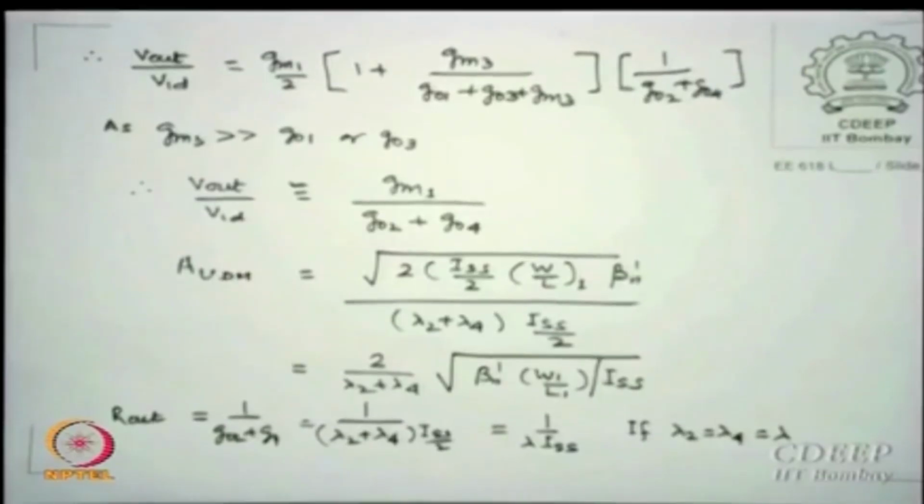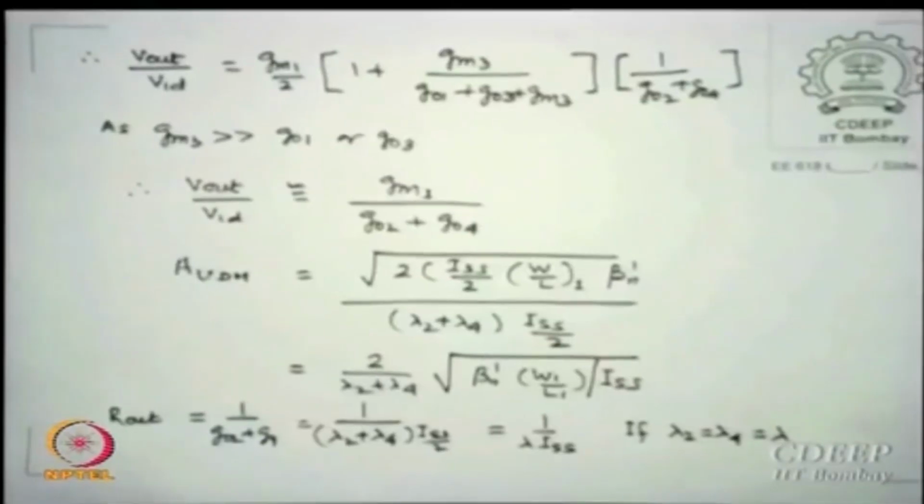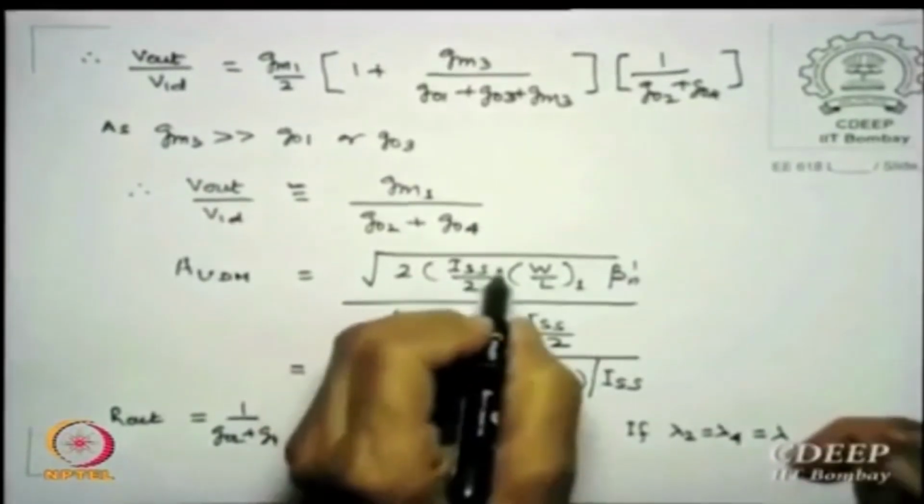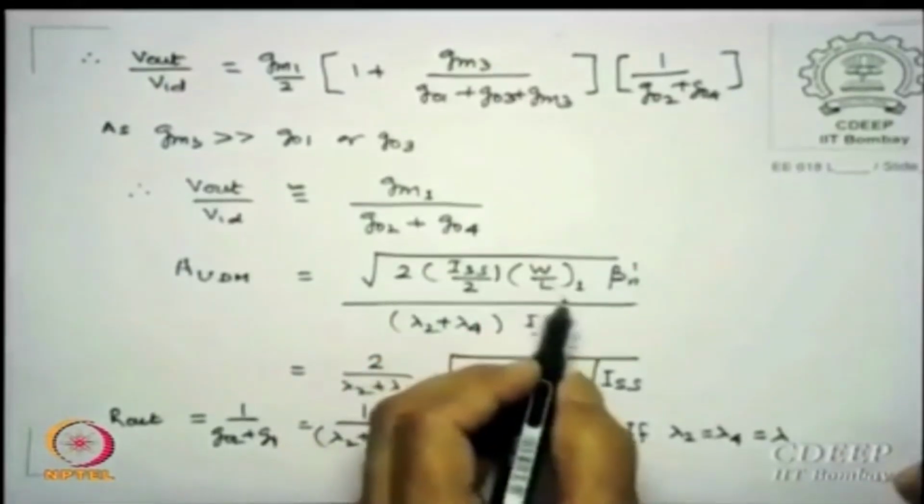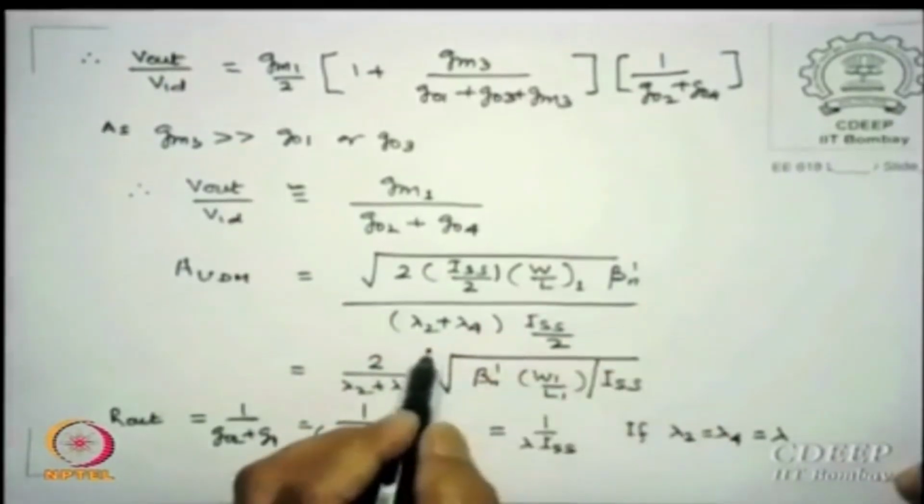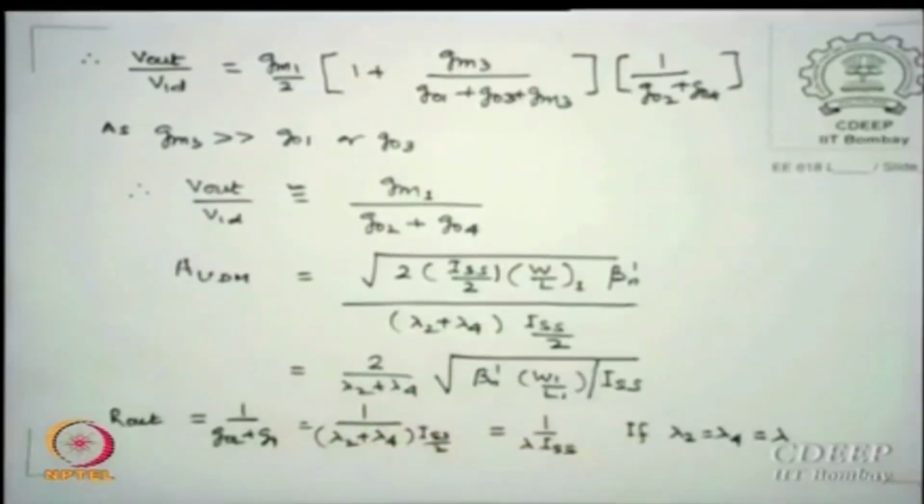So what is GM1? Why I wrote this expression is relevant for us, because from a designer's point of view, let us say what is GM1. GM1 is substituted as 2 times current in each arm, ISS by 2, W by L1 into beta n dash, divided by lambda 2 plus lambda 4 into ISS by 2. Okay. Lambda 2 and lambda 4 are not same. Why? 2 is an n channel device, 4 is a p channel device. So lambda is not